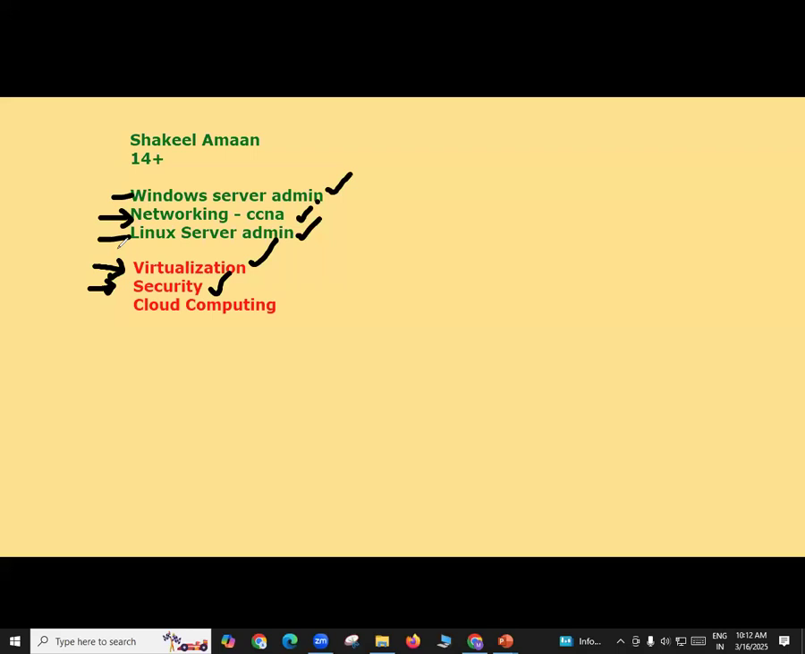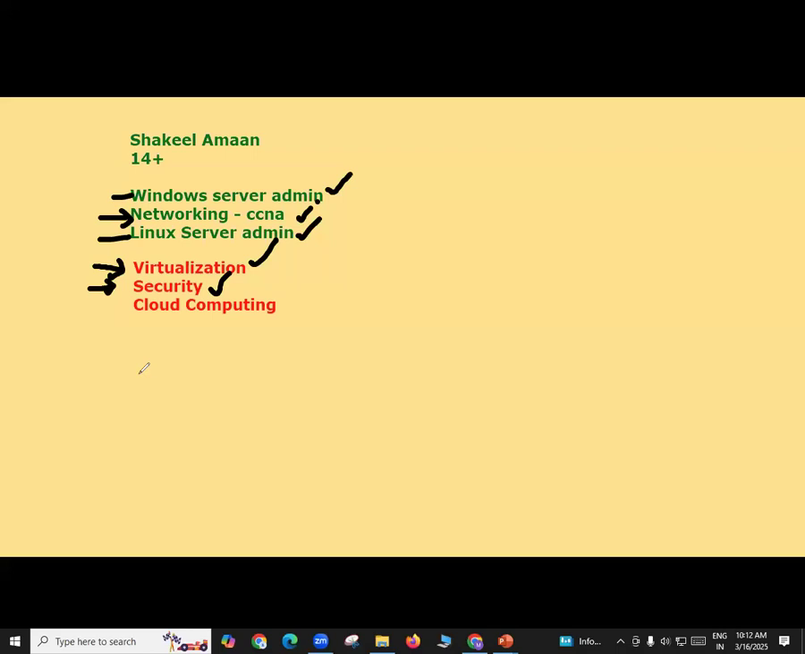Now the question here is, is it mandatory for you to learn Windows servers, networking, Linux servers, virtualization, security, everything to start cloud computing? If you know Linux server administration, that is an added advantage. If you know Windows server administration or networking, that is an added advantage. But is it mandatory to know? No, it is not mandatory, my friend. I repeat, it is not mandatory. The reason is,